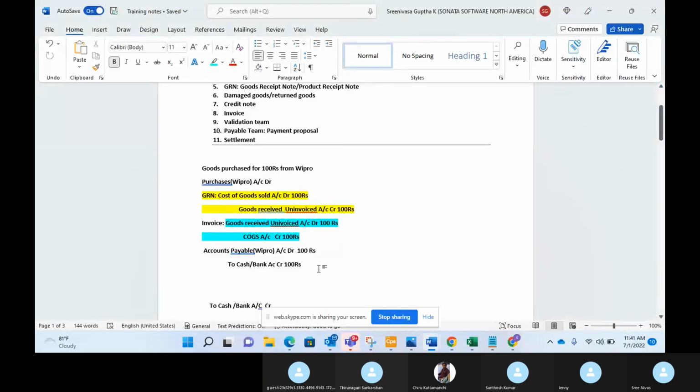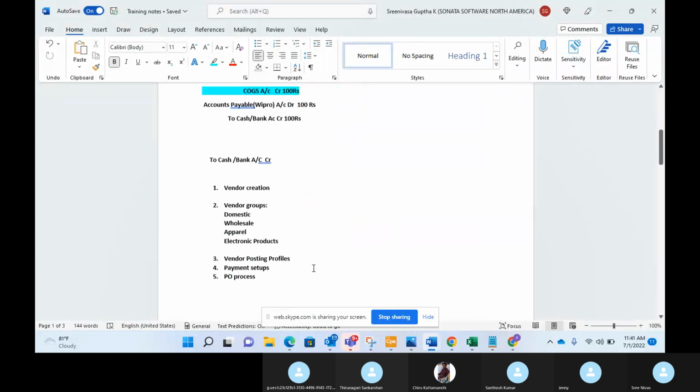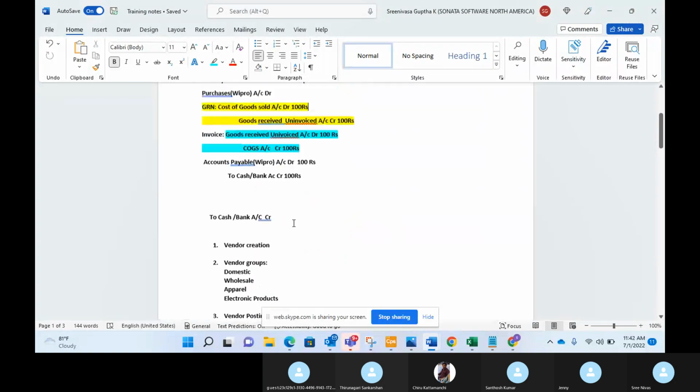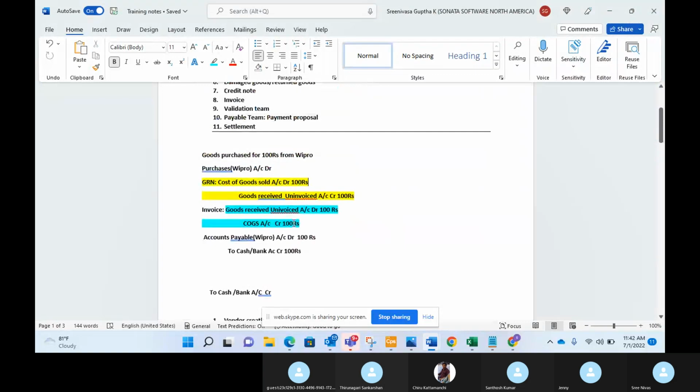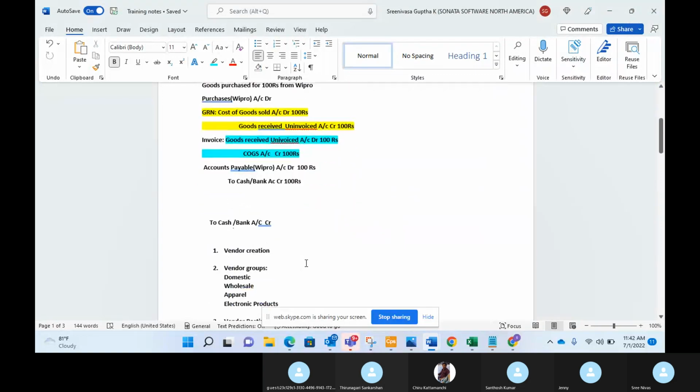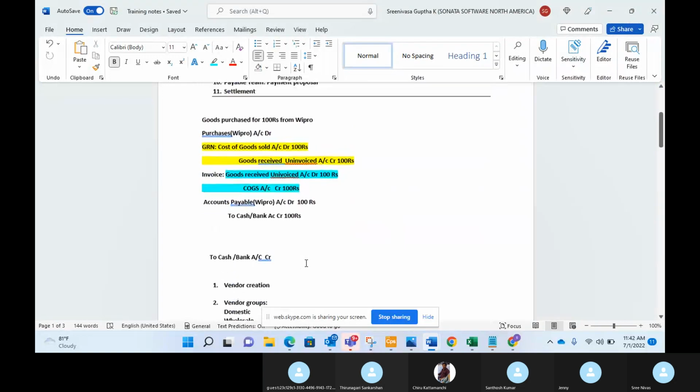Alright. As I mentioned, these entries are important. Once you understand, anyway we'll be discussing all these entries once again. I'm just trying to give a heads up so that once we start creating these vendor groups and all, it should not be difficult, or you should not feel that it's a completely new topic. So if you are clear with these journal entries, then I'll show you the screen. For example,